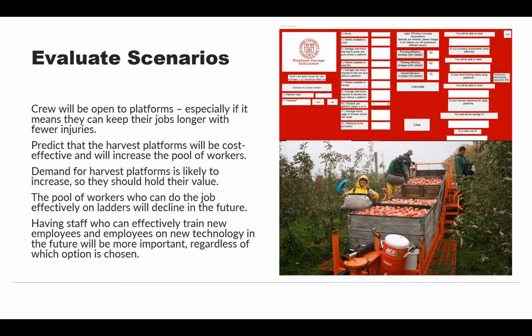You talked to somebody at Extension, and they had a platform savings calculator, and you ran through that together, and it seems like they will work. In talking to other growers and other people who do labor, it seems like, at least in your situation, it could increase the pool of workers who might be able to do the job. The demand seems to be good, so they'll hold their value. So even if you decide they don't work, there is a good resale value for them. That's good, because with some technologies that might not be the case.